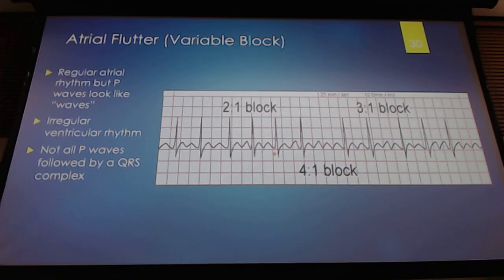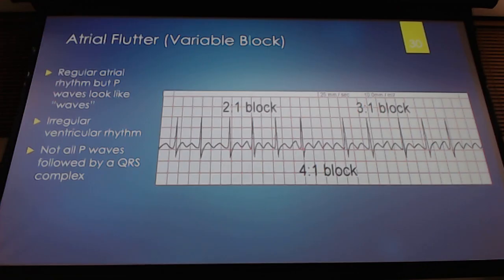Okay. Here's an example of a rhythm strip with a variable block atrial flutter. And again, we have 2-to-1 block. 2-to-1 block is really hard to identify. I will tell you the key for 2-to-1 block, you have someone coming in and they have a heart rate of 150, 150, 150, and it never moves from 150, that's a 2-to-1 block. Every day of the week, that's a 2-to-1 block for atrial flutter. Okay. But otherwise, so here we have